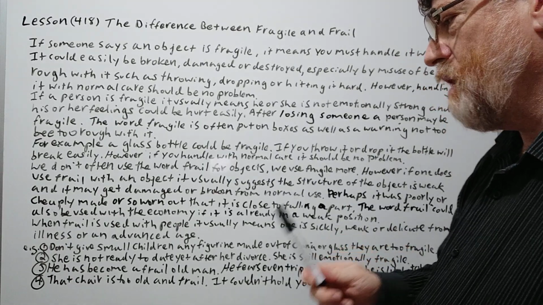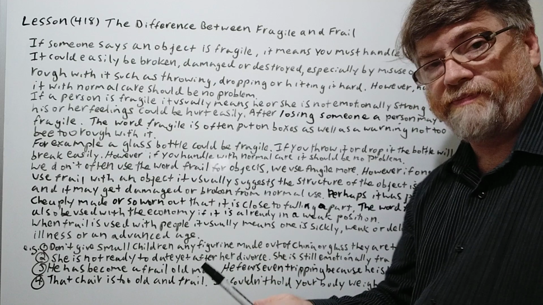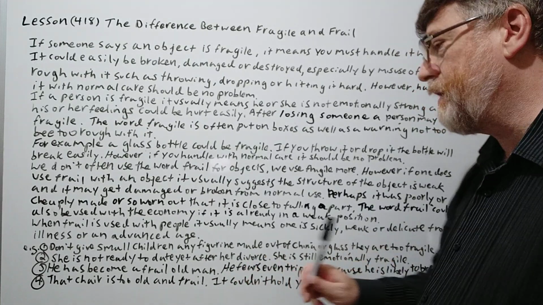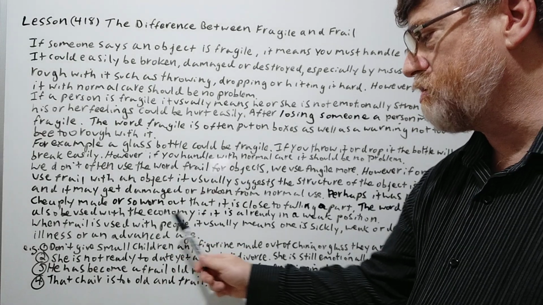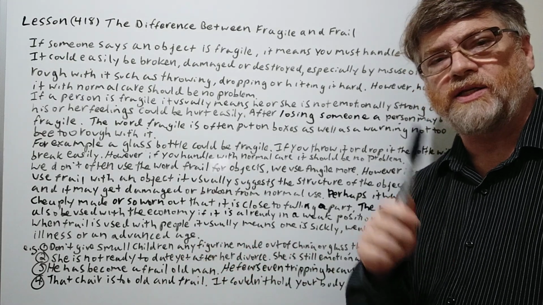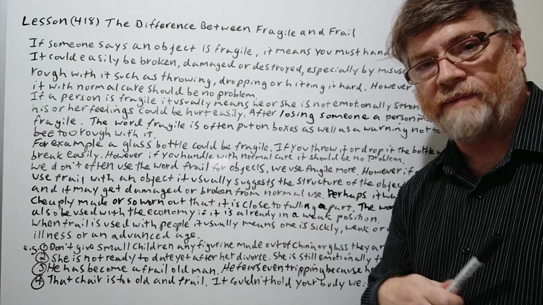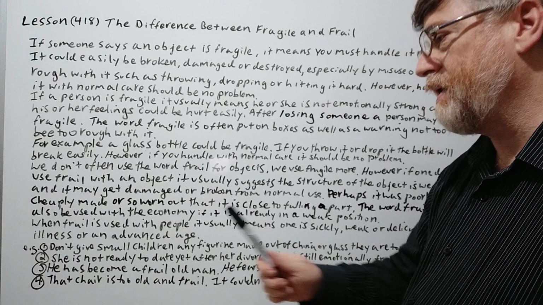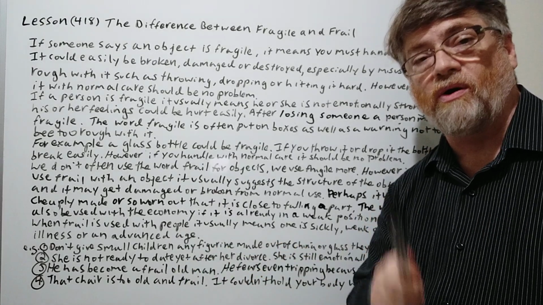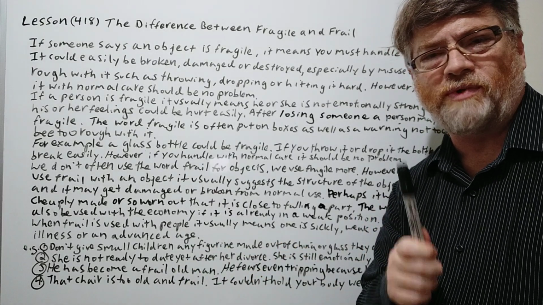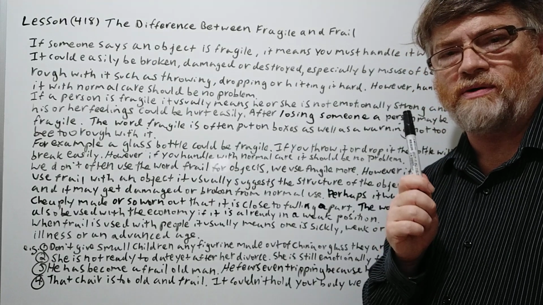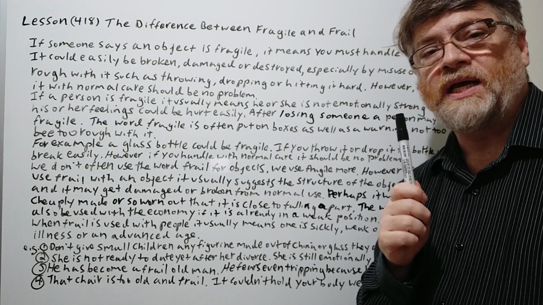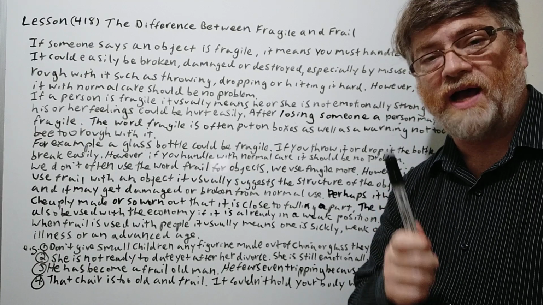Okay, let's continue. When frail is used with people, it usually means one is sickly, weak, or delicate from an illness or advanced age. So frail is usually more about their physical body. Their physical body is weak or delicate, either because you're old or you're still recovering from a sickness, or you're in a deep advanced stage of a sickness. Your body may be more frail in that sense.